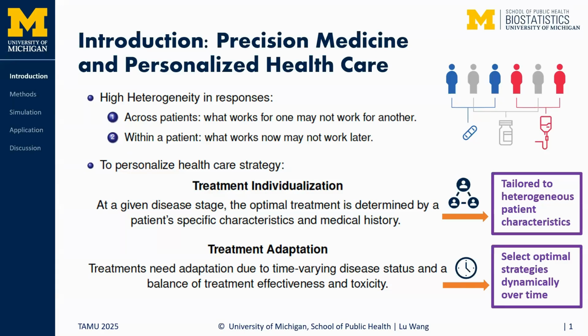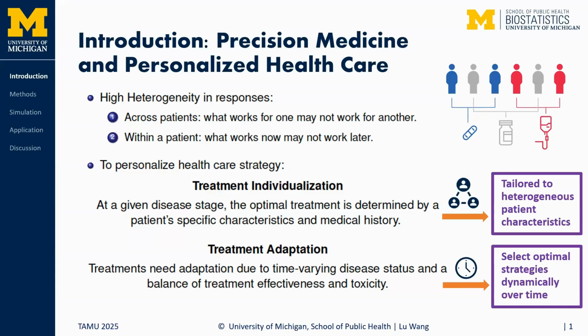We all know patients are different, and this heterogeneity potentially will be there in their response to your treatment assignment. This kind of heterogeneity may happen because patients are different from one to another,